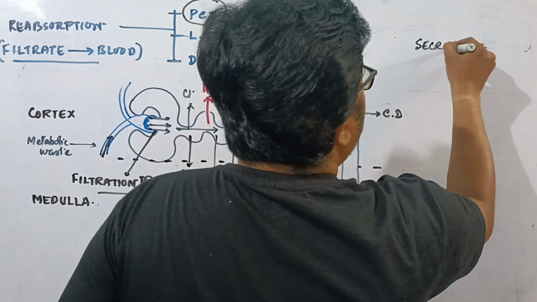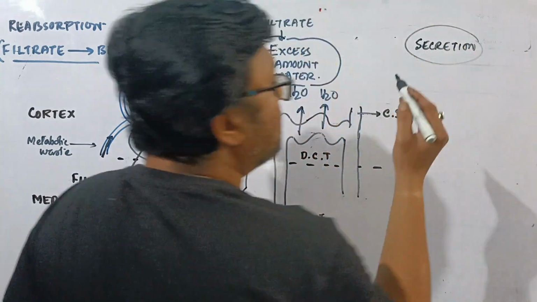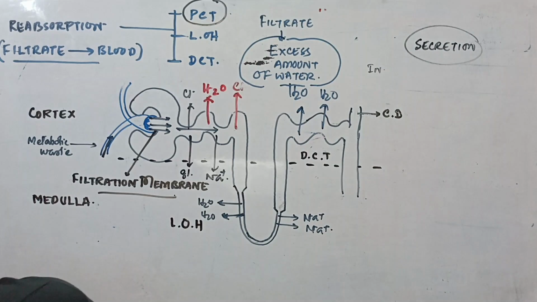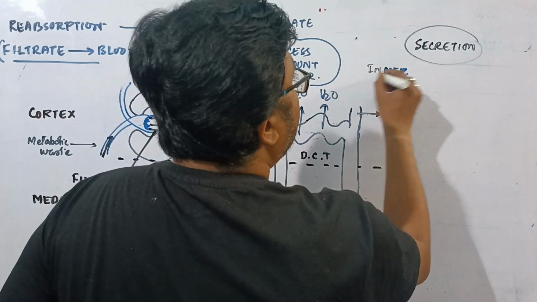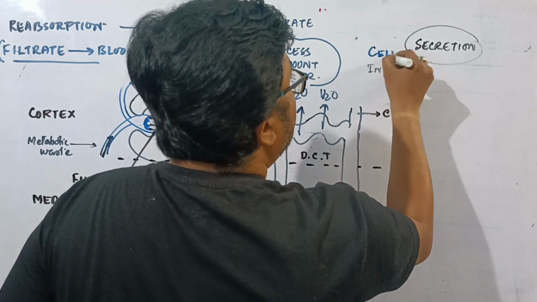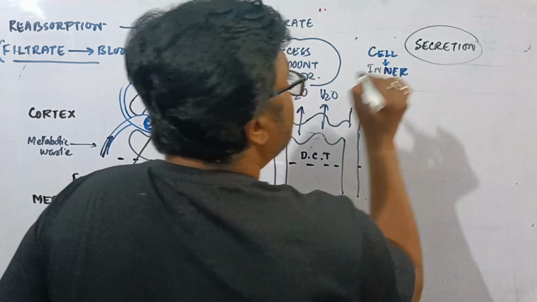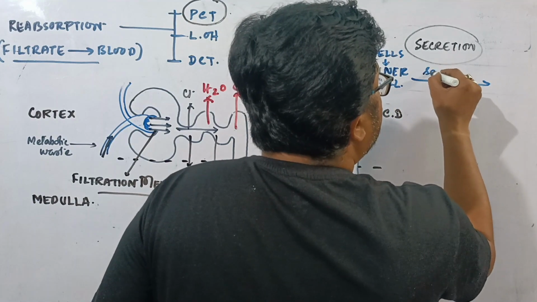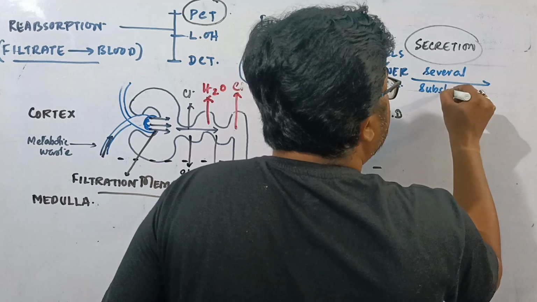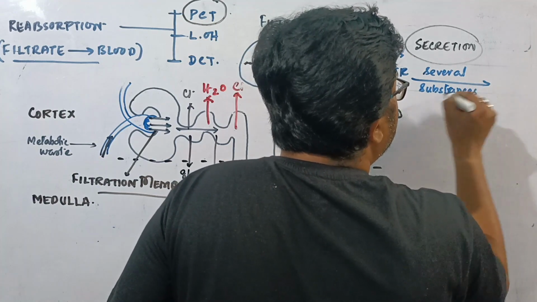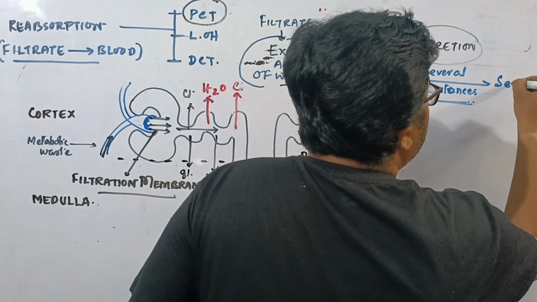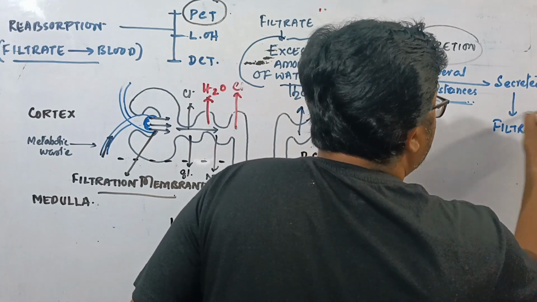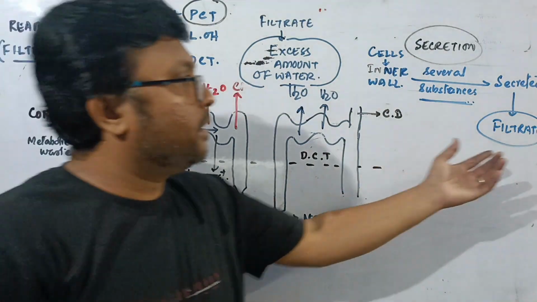সিক্রেশন, সো প্রথমেই আর একবার বলবো যে সিক্রেশন ইনভলভস, we can say that inner cells of inner wall থেকে several substances are secreted into the filtrate. এটা প্রথমে আমরা জানবো, যেটা আমরা আগেও ডিসকাস করেছি। ইট ইজ সিক্রেটেড ইনটু দ্য ফিল্ট্রেট, ঠিক আছে।